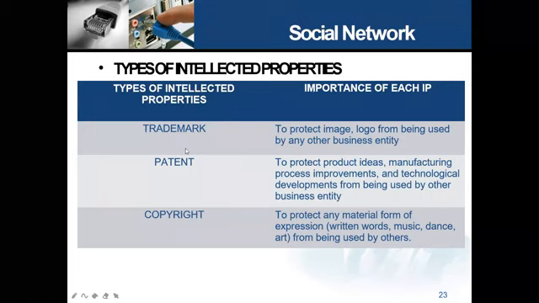So there are two types of intellectual properties. Actually, two types: trademark and patent, which come under the heading of industrial intellectual property, right? Copyright is another. The first one is the industrial, which includes trademark and patent, and the second one is the copyright.